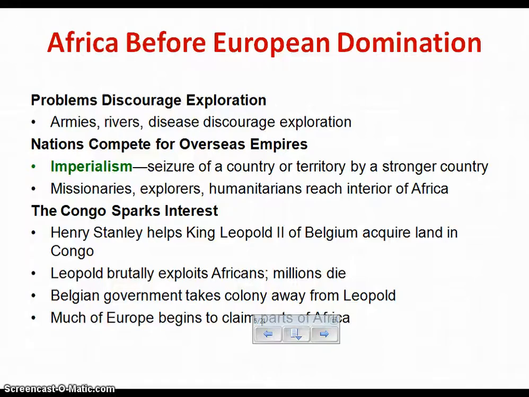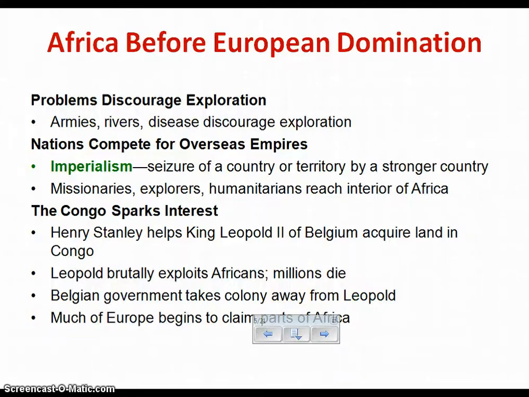But with the coming of the Industrial Revolution, we have the technology of the steamboat, which helps Europeans start exploring parts of Africa that they were not able to before. Part of that is the steamboat could help navigate through African rivers better than a small boat such as a canoe.